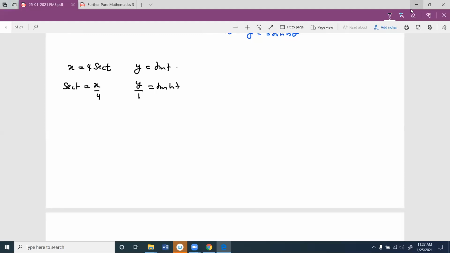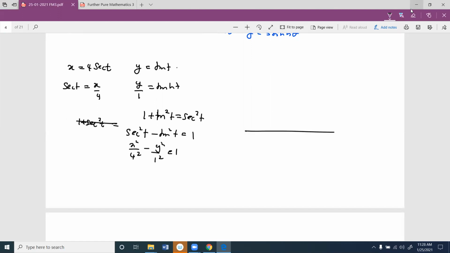Then we know that 1 plus tan squared t is equal to sec squared t. Therefore you can say sec squared t minus tan squared t equals 1. So you get x squared over 4 squared minus y squared over 1 squared is equal to 1. If you sketch this graph, you can understand that here it's a